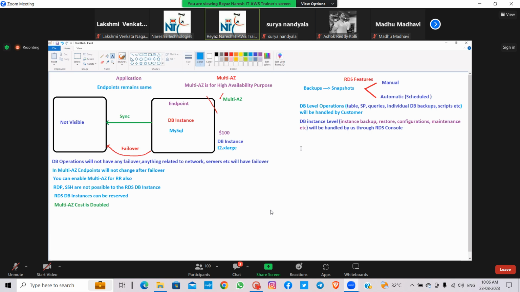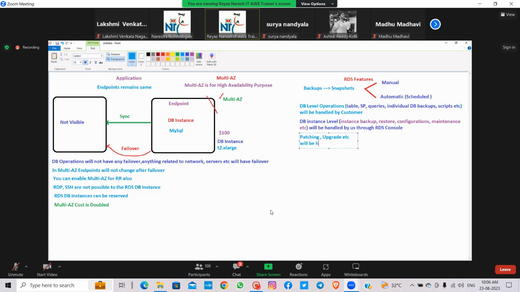AWS will take care. We don't need to do anything. So patching, upgrade, etc. will be handled by AWS.